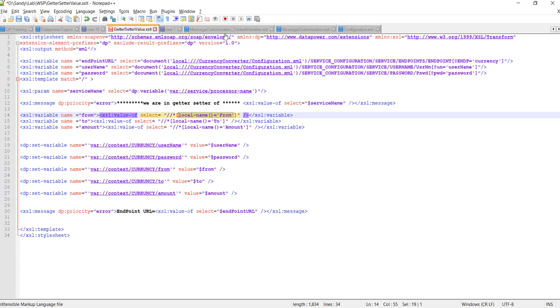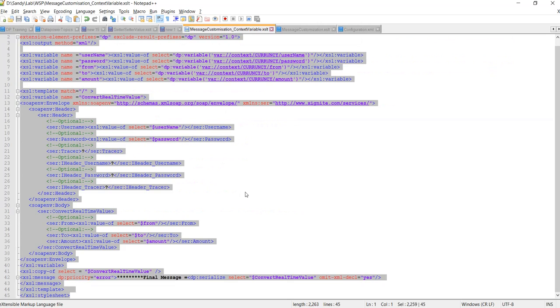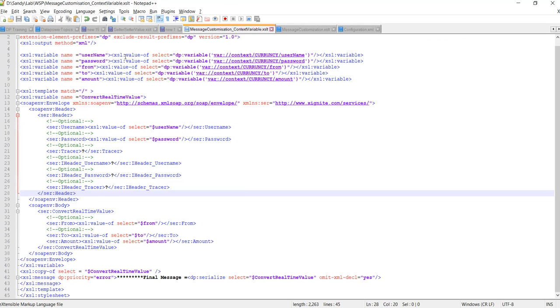After that, here we are creating some variables, because we'll use them in this XSLT along with the context variables. We'll call them with xsl:value-of, and here we need to write select, then dp:variable.